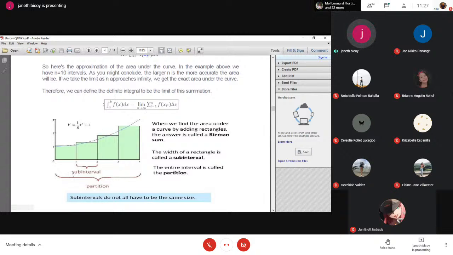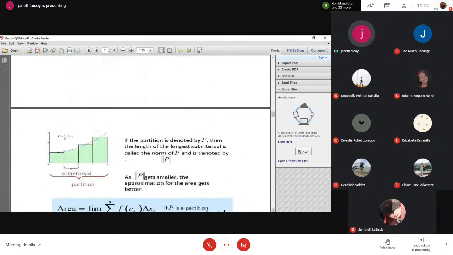So from the illustration, this is a subinterval, and we call these the partitions. When we find the area under a curve by adding rectangles, we call this the Riemann sum. So when we find the area using rectangles and get the sum of all the rectangles, the process is the Riemann sum. Okay, now,